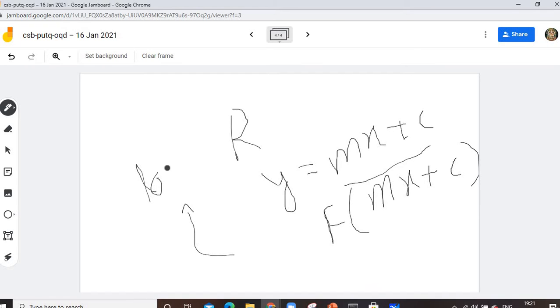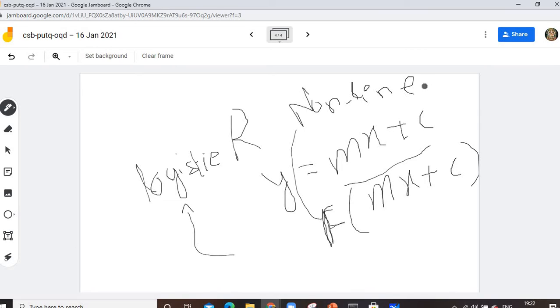Regression is added to this in the naming convention, so you can say logistic regression. That's why it is called regression: it is not a separate type, it just adds a non-linearity function. Write down "non-linearity function" in your notepad, whatever I'm telling you, because I don't have a pen. It's just adding a non-linearity to this function mx plus c.